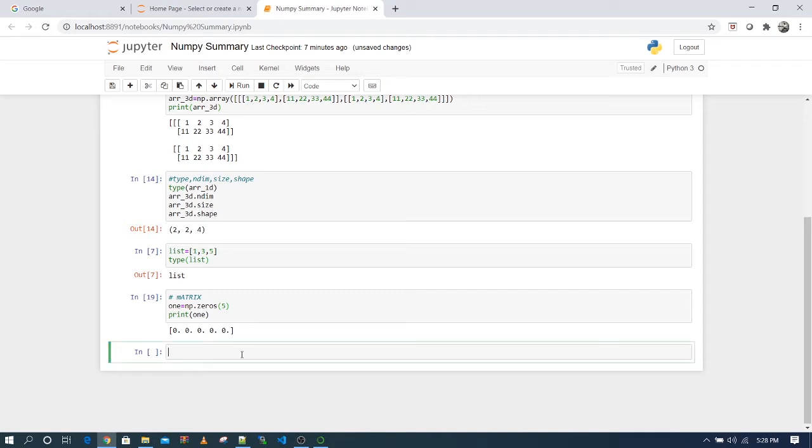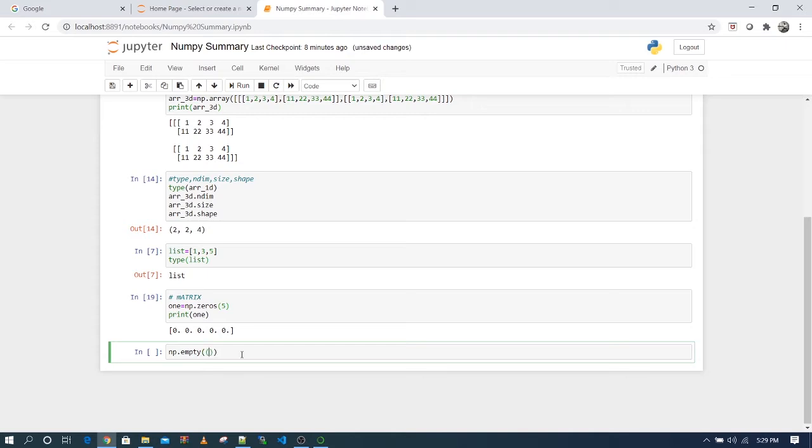Now suppose you don't want to pass any values and you need a matrix of a certain shape, then you can use the method empty. Empty is a method which generates a matrix for you. You just need to give its shape, and it will provide you with random elements.